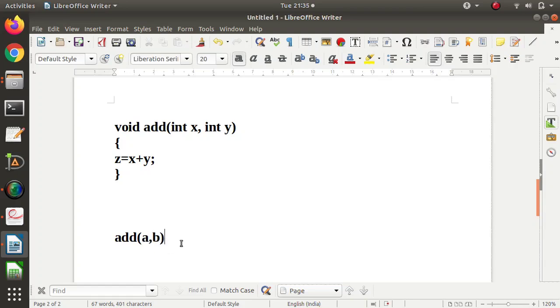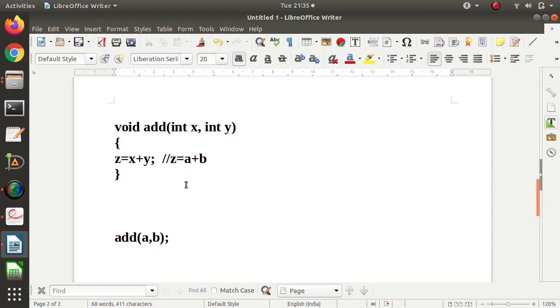So in pass by name, what happened? These arguments or names of the calling variables get copied or get substituted to the formal parameters. Means x will get substituted by A, y gets substituted by B. So whenever it is called, it will work like this. It will become z is equal to A plus B. So these names are substituted.